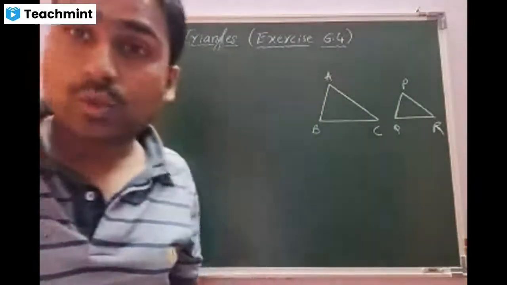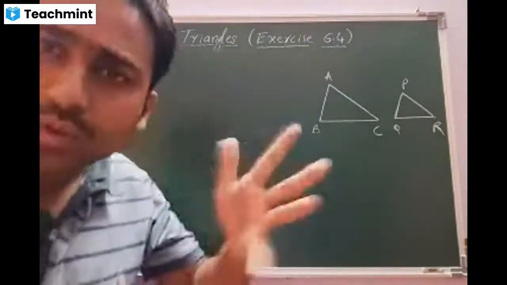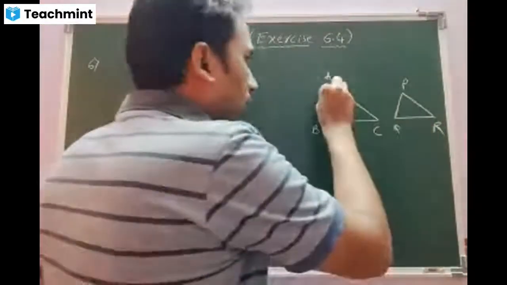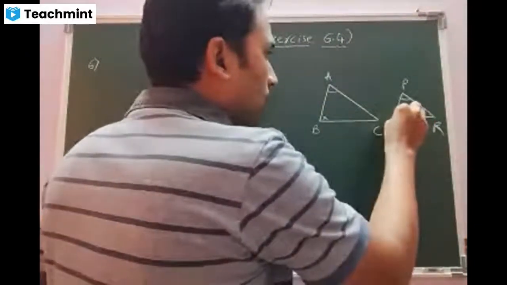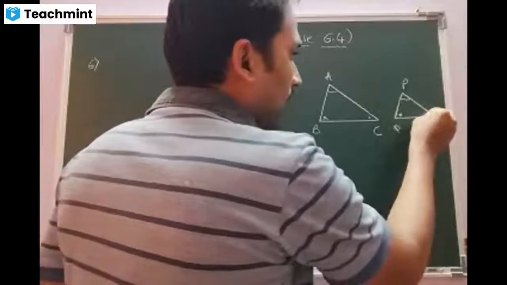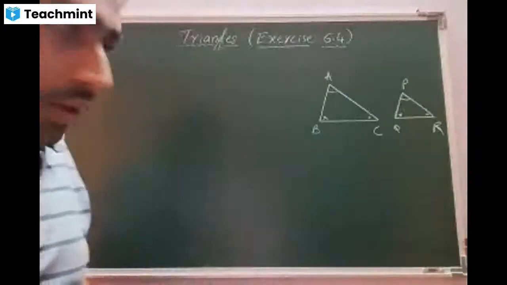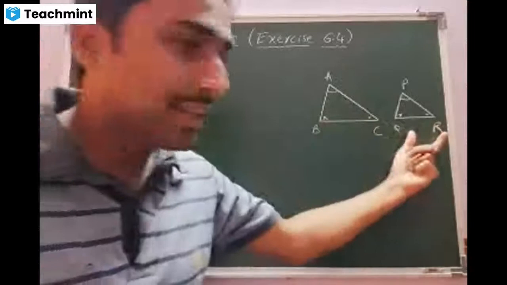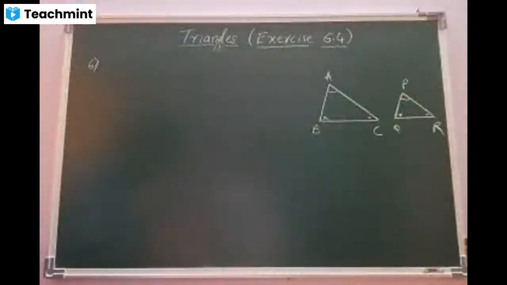Beta, look at the question there. They are talking about two similar triangles. Let us take the two similar triangles, one is ABC, the other one is PQR. According to the definition, angle A is equal to angle P, angle B is equal to angle Q, and angle C is equal to angle R. Also, the ratio of AB by PQ is equal to BC by QR, equal to AC by PR. Is there any doubt? No, sir.